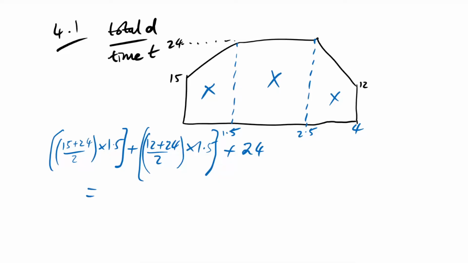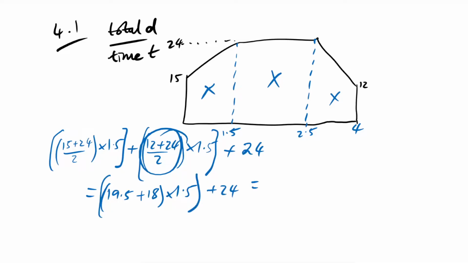So this is going to be 39 divided by 2, so it's 19.5. But let's do the 12 plus 24 divided by 2, so that's 36 divided by 2, so that's 18. And that's times 1.5, just factorizing here. And then we add on the 24 at the end. And so we end up with 80.25. All we have to do then is times that by 60. And we end up with